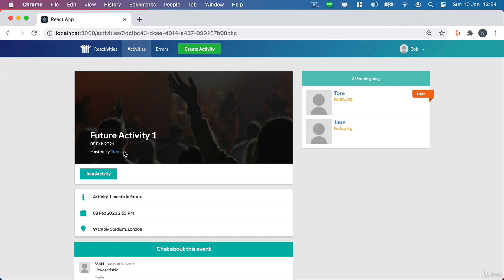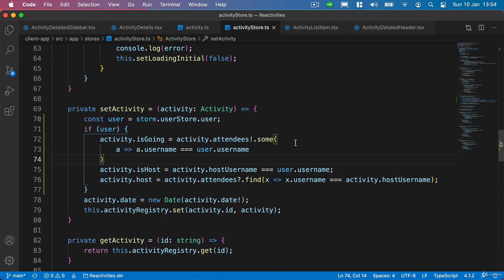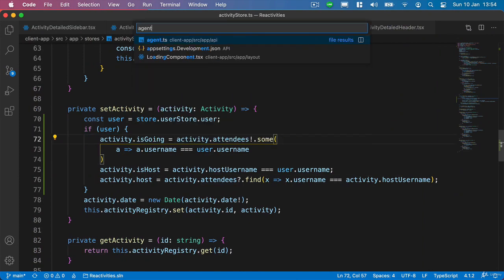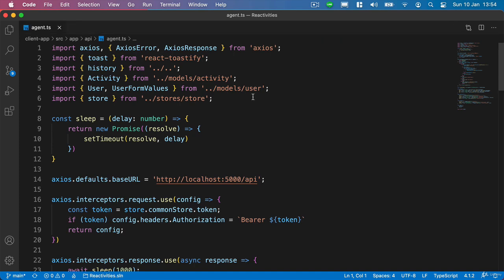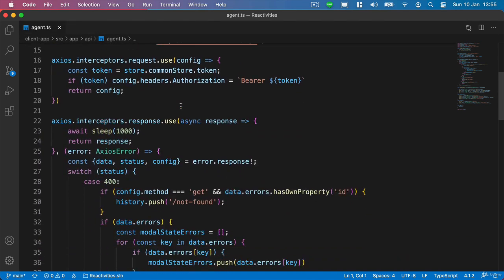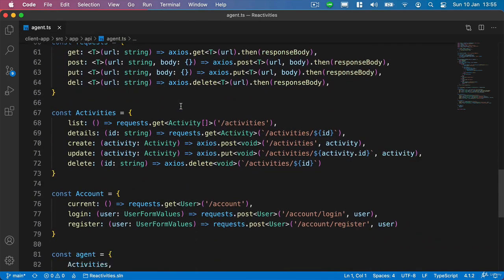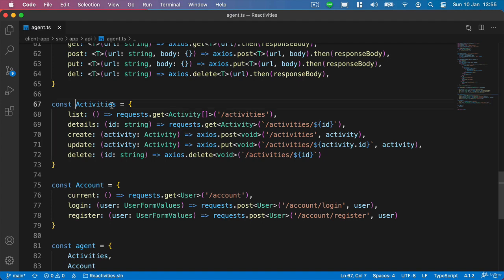So now that we're displaying the buttons correctly in our user interface, let's now add the functionality for these. And we'll first of all start in our agent.ts file. And let's just close the other tabs down. It's getting quite busy at the top. And inside here, what we're going to do is just add the new method that we need inside our activities